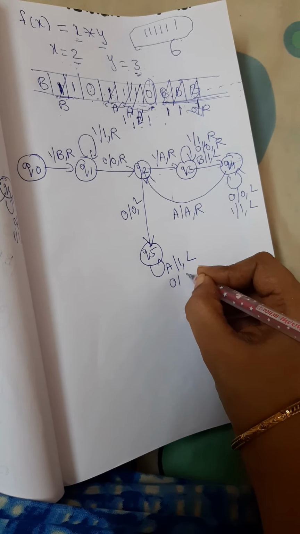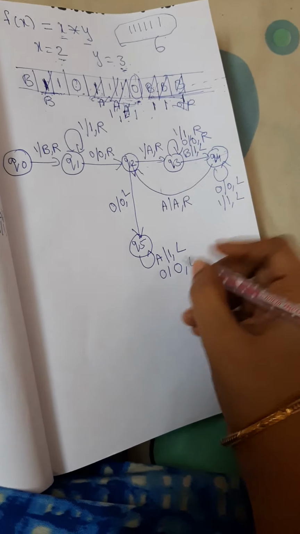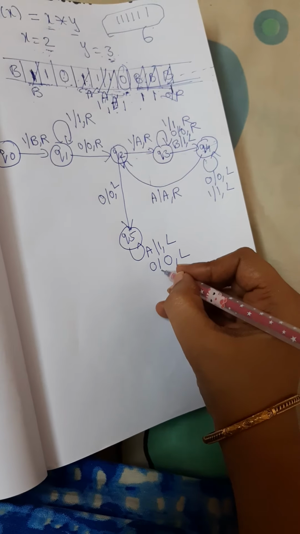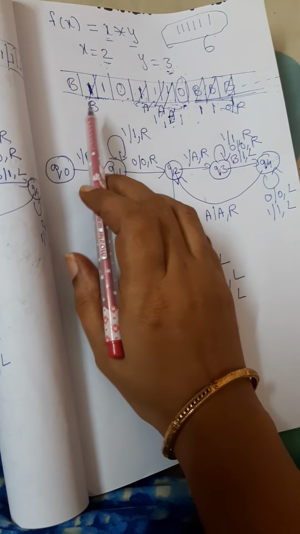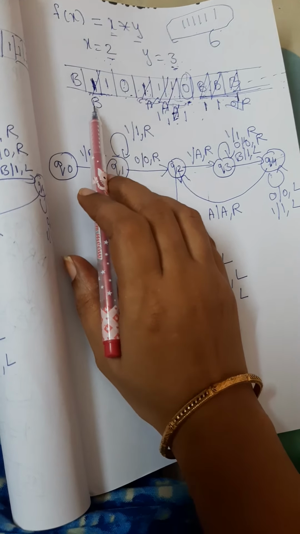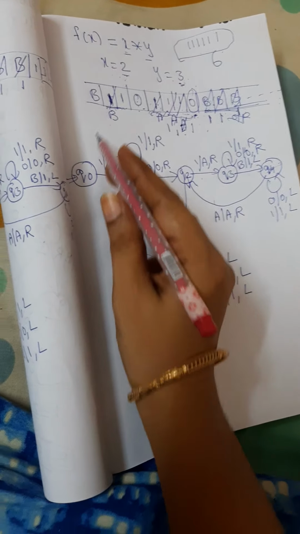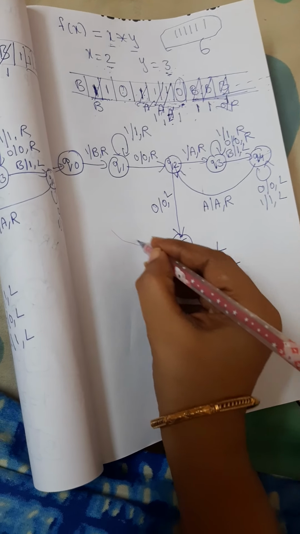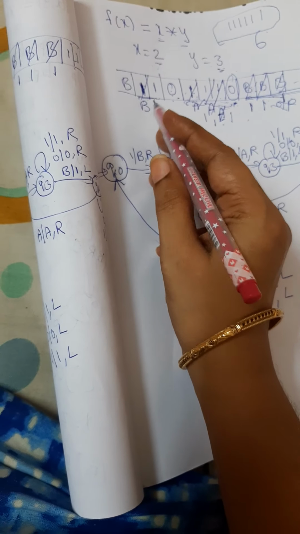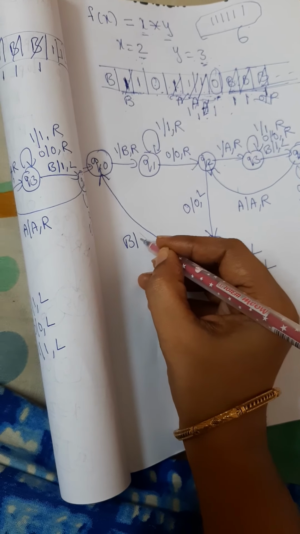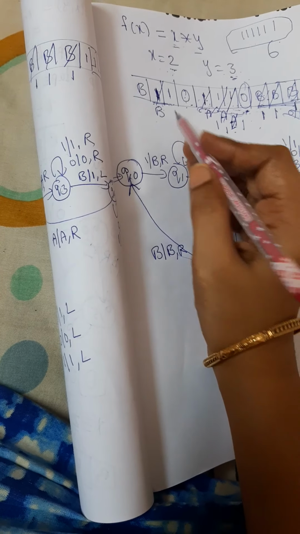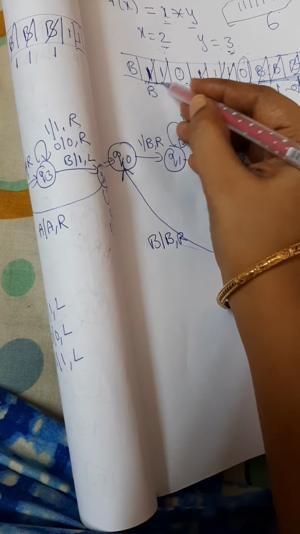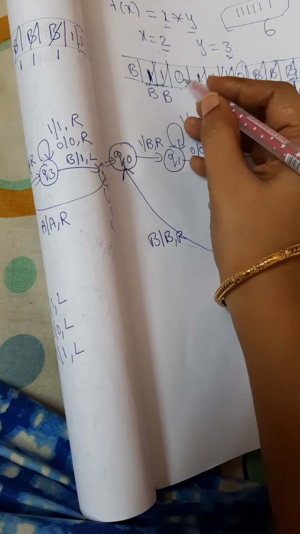So this 0 you skip it and move left. Next, this one also you skip, and this one also. So when you go on skipping, what you have here is a blank. So when you have blank, again the same process should be repeated. So when we see the blank, again blank and move right. Again the process is repeating. Now this one you are making as a blank and you are moving right.